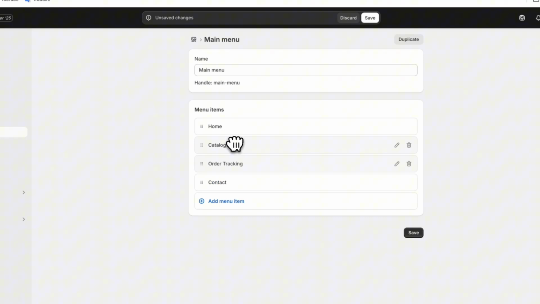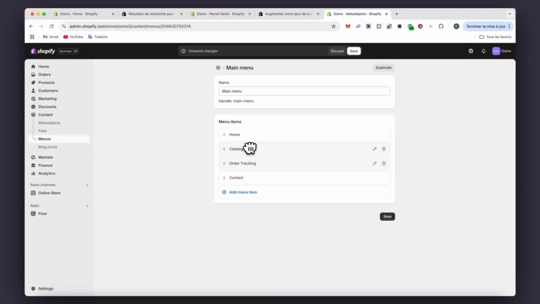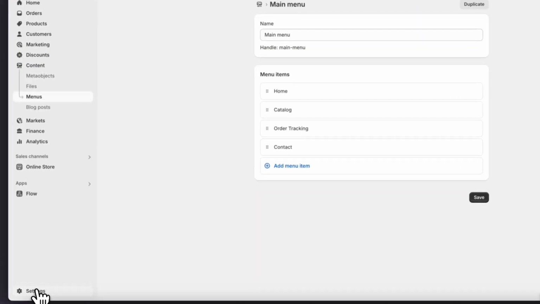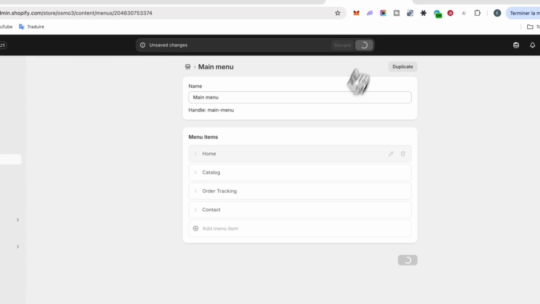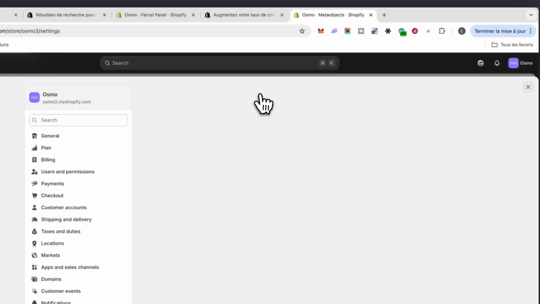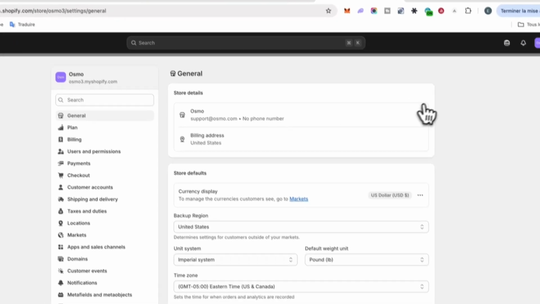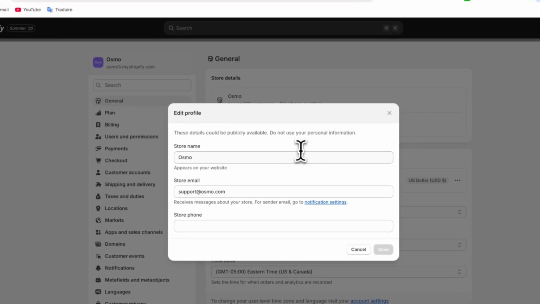For the catalog, we're just going to remove it later when we have our product. Mostly that's all. Of course, if you didn't change the brand name, because most of the time when you create the store your brand name will not be the good one, what you can do is first save, and we're going to change the catalog just after, once we have our product. Once it's good, we go there, into the settings, and you can change the